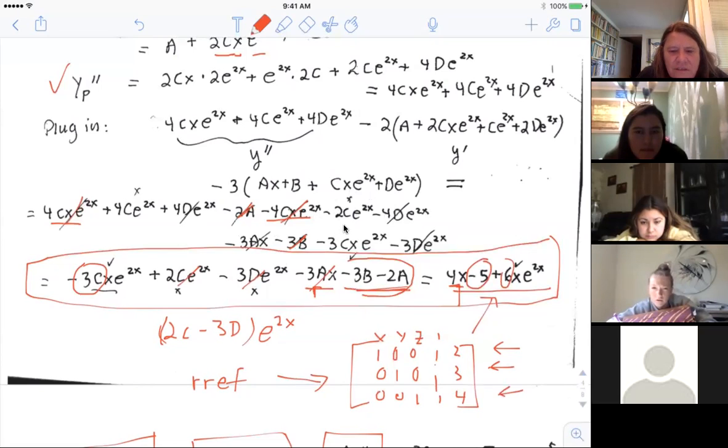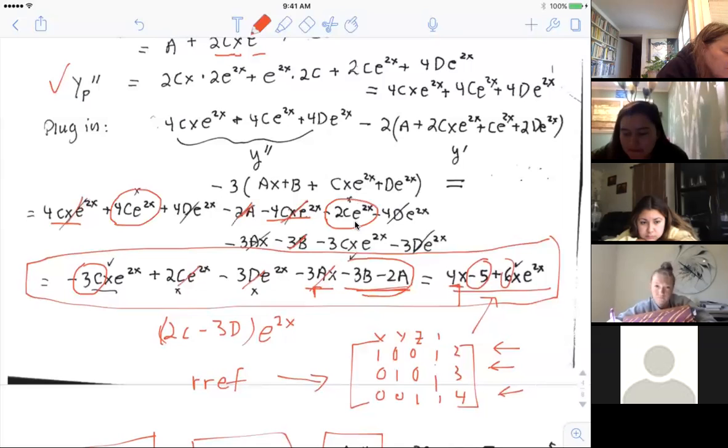All right, so look at this. Negative 2c e to the 2x. I'm gonna circle it. There's a 4c e to the 2x. They both had x's on them. I don't see any more e to the 2x terms here. I see a cx e to the 2x, but I don't see any more. I do see one more e to the 2x, and it's right here. But look at these, these are c's. So what do you get when you combine those two? You'll get 2. So that's what that one is. Okay, so those are gone.